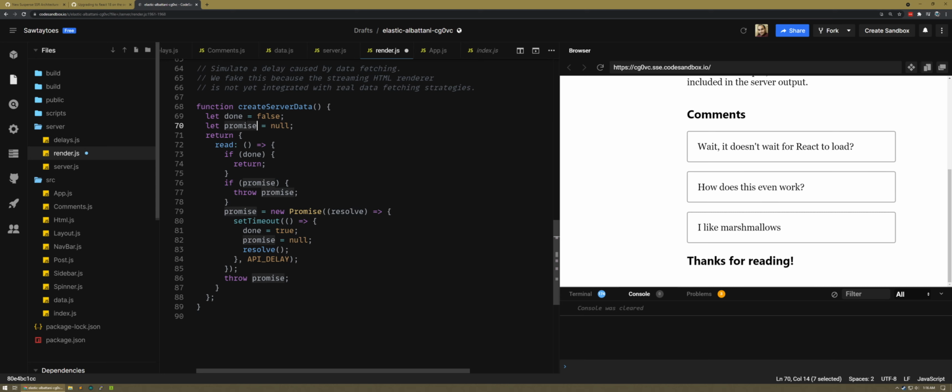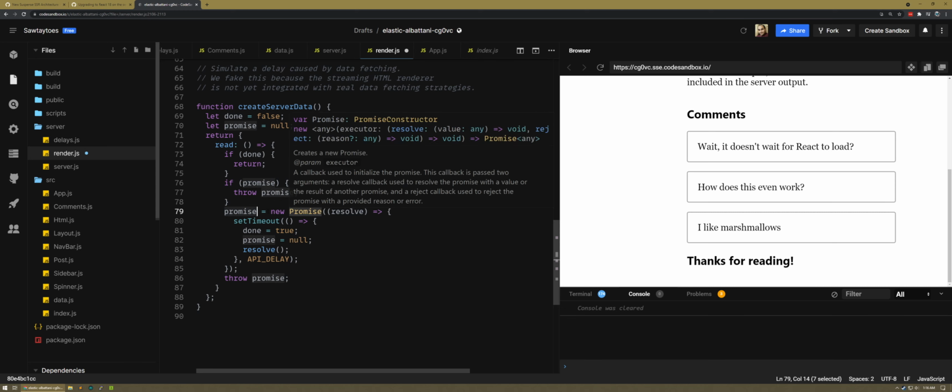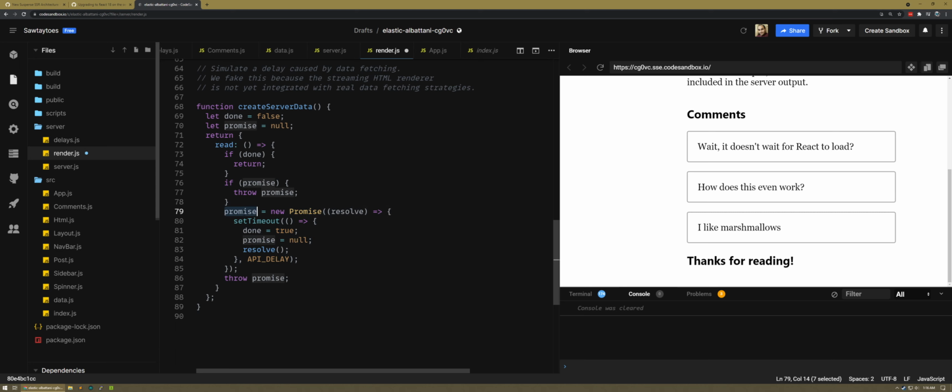Okay, so they are creating a promise of null. And so if there's a promise, which it would be null, this would never trigger, right? So then throw the promise. If you don't have a promise, you're going to create one, set that value here, and then throw it again. We're not returning it. So when you do read, there's no return promise at all. You always throw it. So I'm going to explain how this works. You're like, why? If you have a promise, why are you throwing it again, right? So the Suspense API must be looking for throw, and